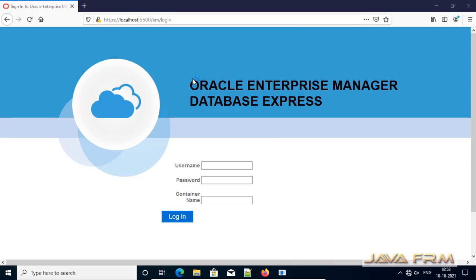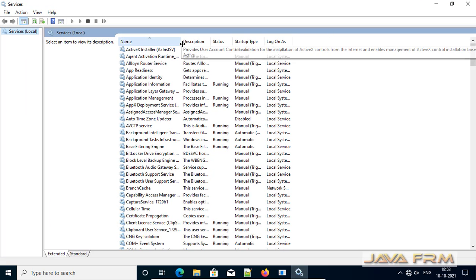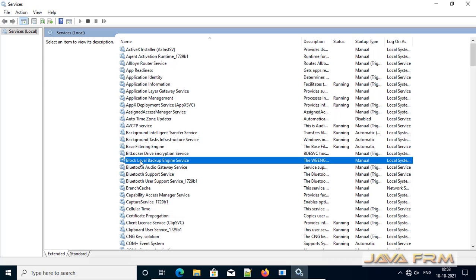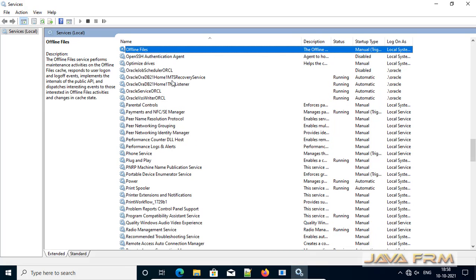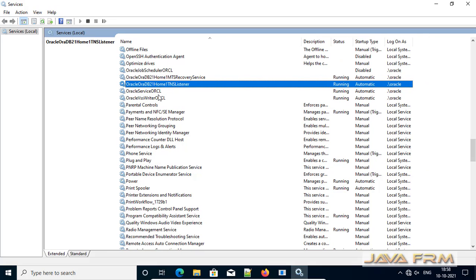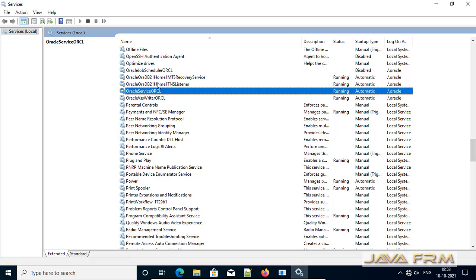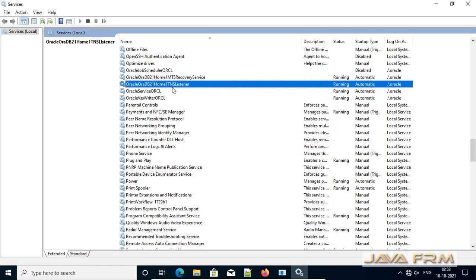Okay, so next I am going to Windows services. I am opening the Windows services now. I am going to show you what Oracle services are running after the installation of Oracle Database 21c Enterprise Edition. Here you can see multiple services: Oracle DB Scheduler, Oracle DB 21 Home listeners, Oracle DB 21 Home, MTS Recovery Service, Oracle Service ORCL.